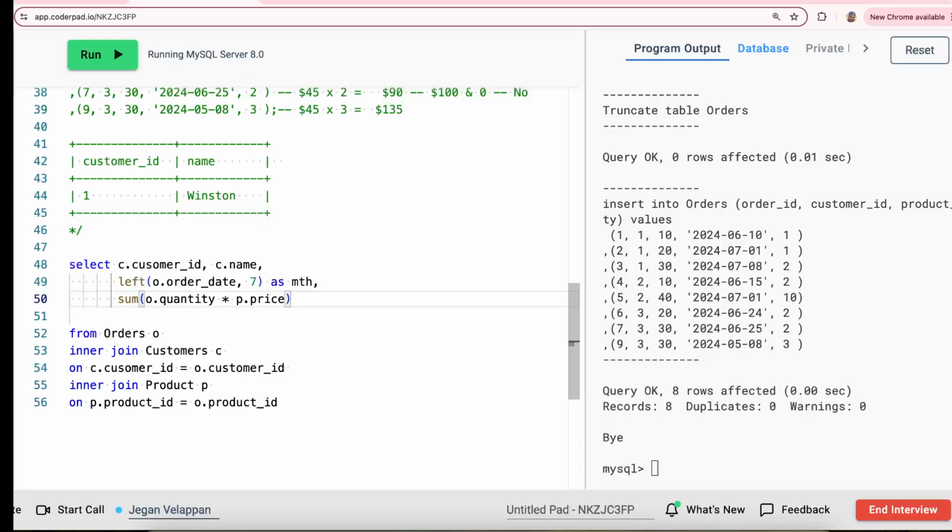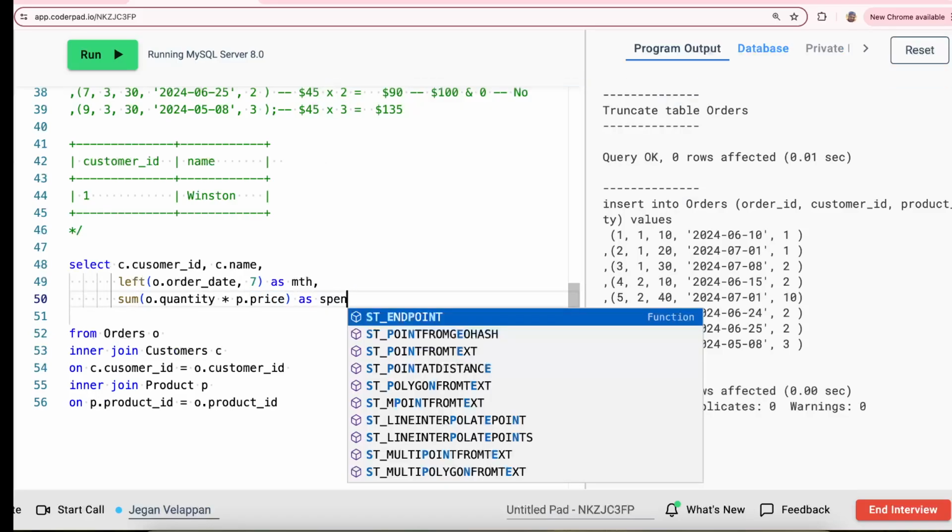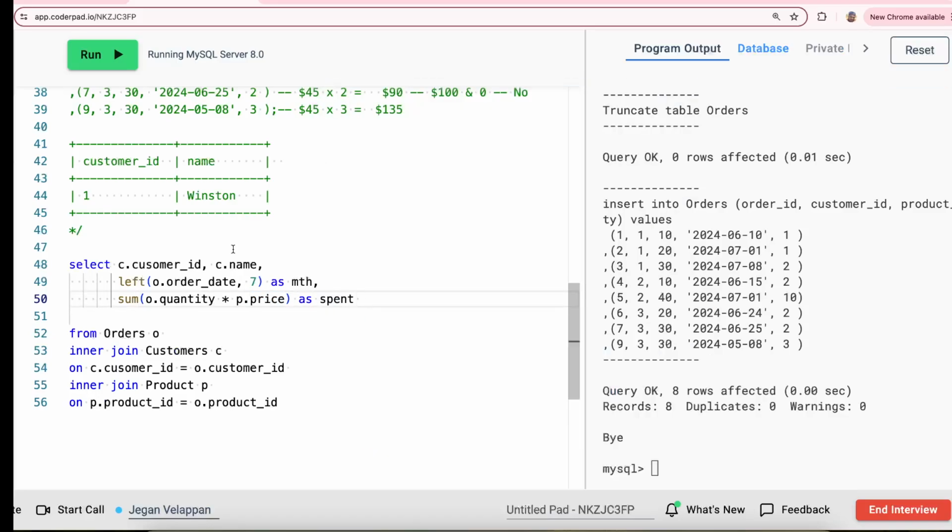So quantity times price is going to give the amount spent on the order, as spent. Since we use an aggregation function, we have to go for the group by. Group by customer ID is 1, name is 2, and the month is 3. If I run this,